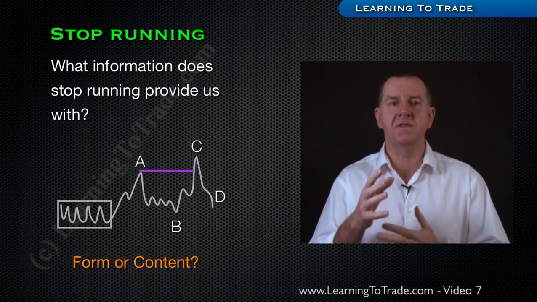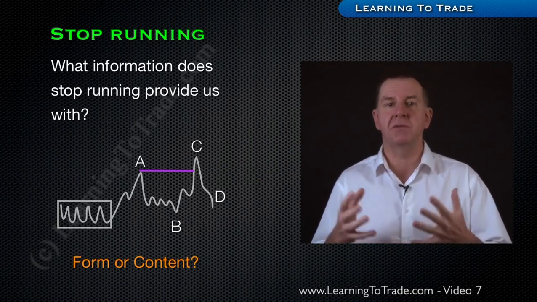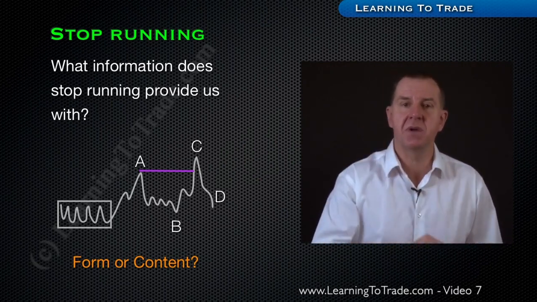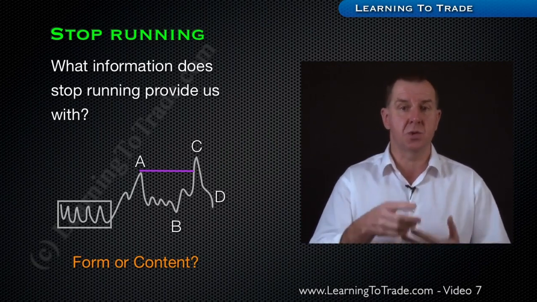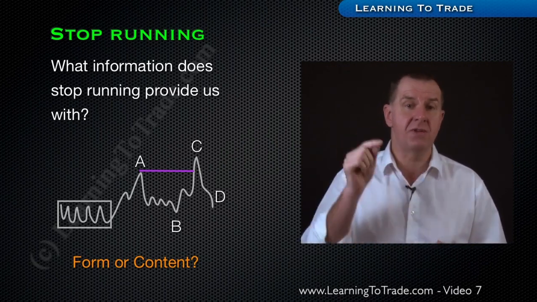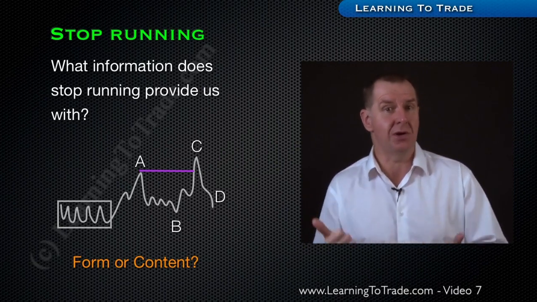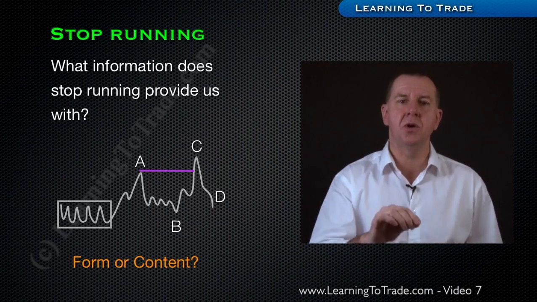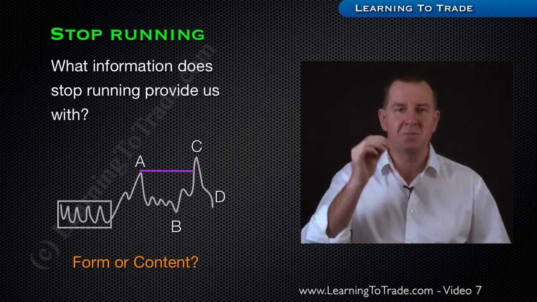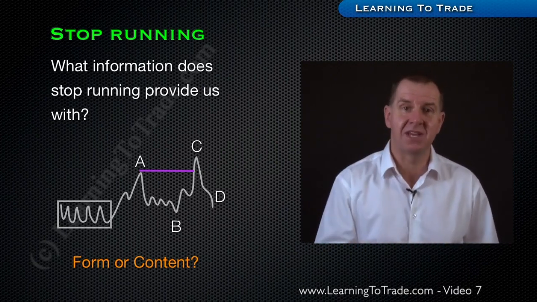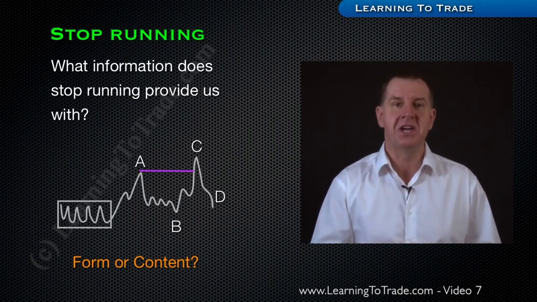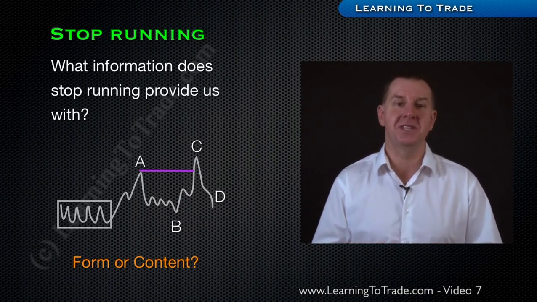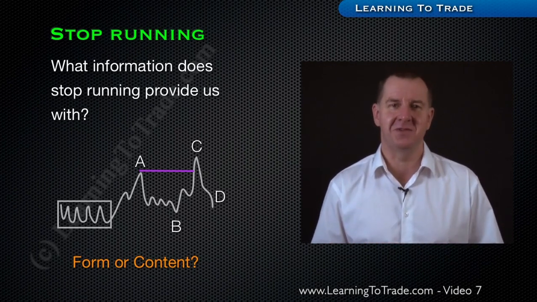By looking at the form of this drawing, it shows seemingly almost random movements, with the market not moving anywhere of any significance. This is the type of market that many traders get caught in and subsequently lose money, even though they may have correctly predicted the overall direction early on. By understanding the content, not only do we understand what is going on, but we're also provided with the best possible entry, the lowest risk entry and the highest possible reward entry. And I'm sure you agree that that combination offers you unprecedented opportunity to continuously profit from market moves.